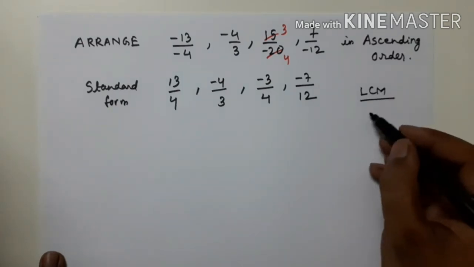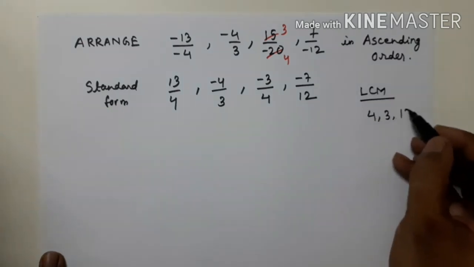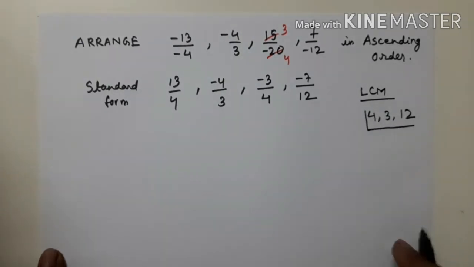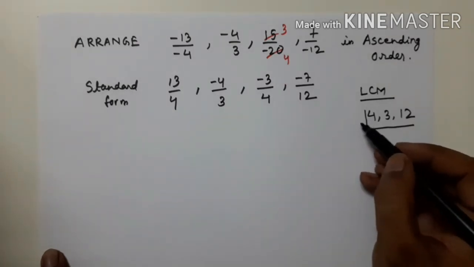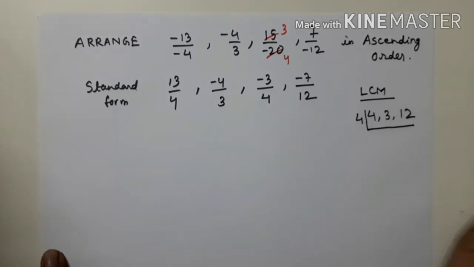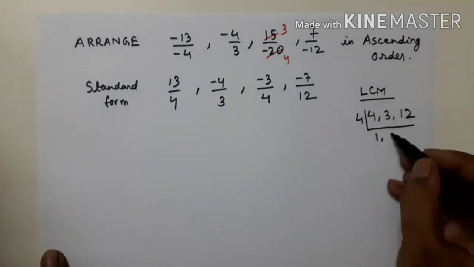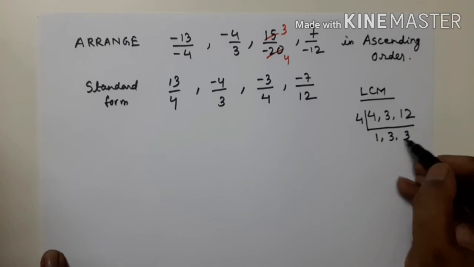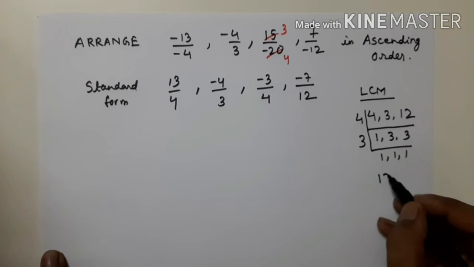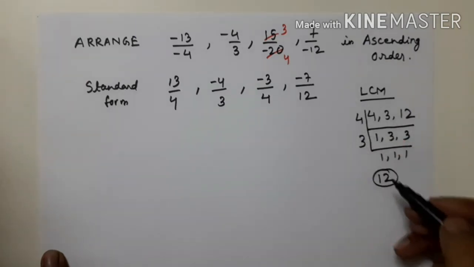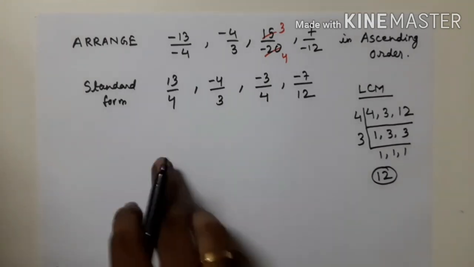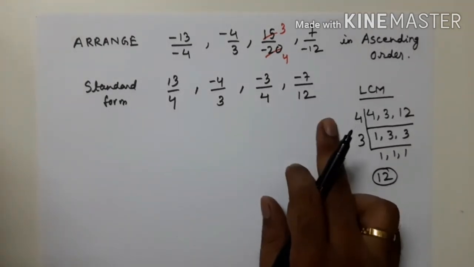So you have to find the LCM of 4, 3 and 12. Already 2 4s are there, only 1 4 we can take. We have to find the LCM of 4, 3 and 12. So here we can say 4, 3 and 12. Now it is divisible. 4, ones are. We can have 3. So the LCM is 12. 4 into 3 is 12. So here we see that the LCM is 12. So all the denominators have to become 12 now.